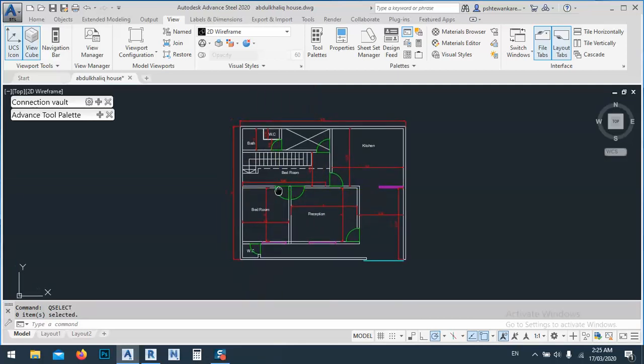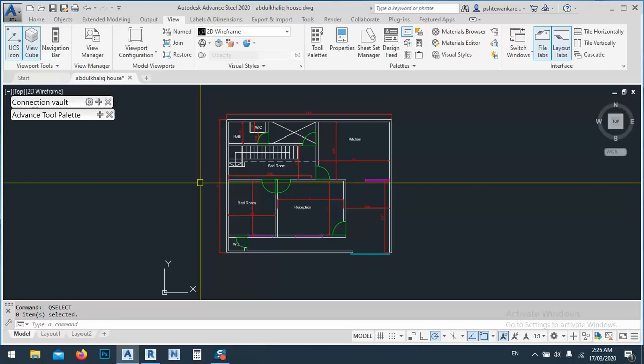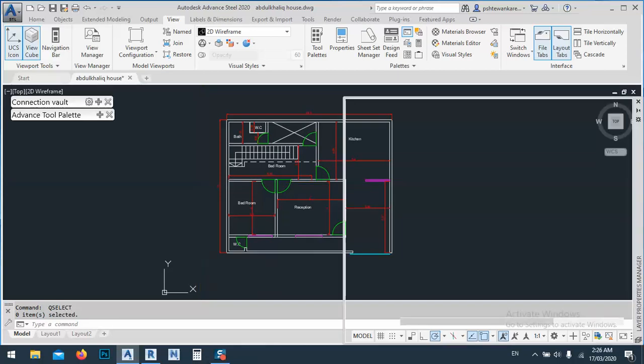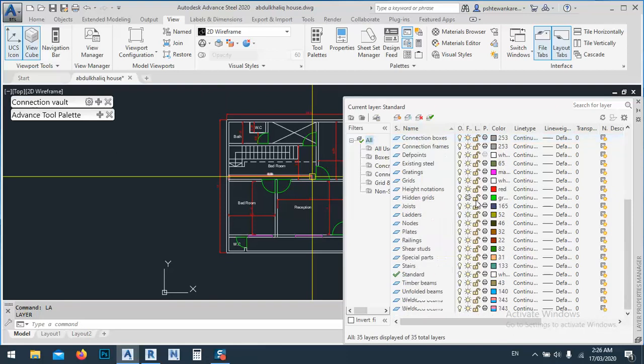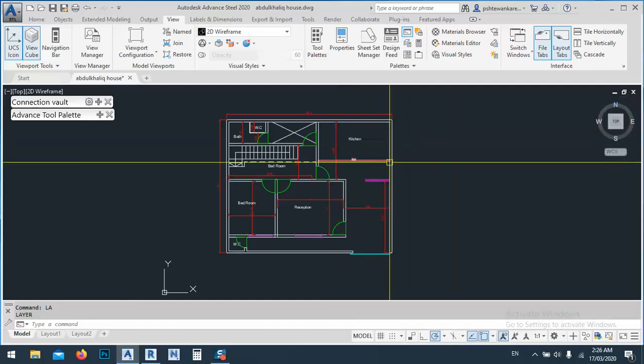The first one, we have the purge. The purge command is, as you see, if we look at layers, you see we have many layers. As you see, this is an advanced steel file, but we don't want all these layers. So what we have to do, we have to just write